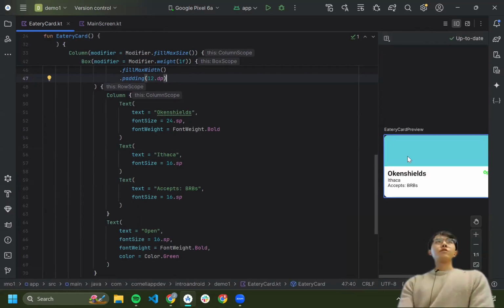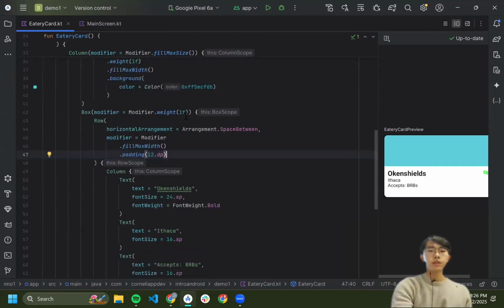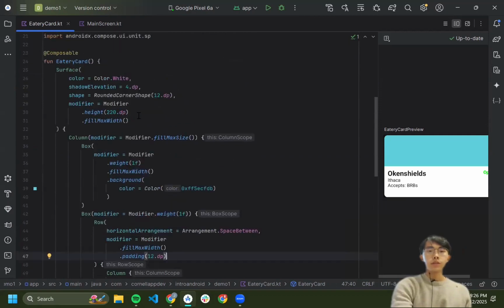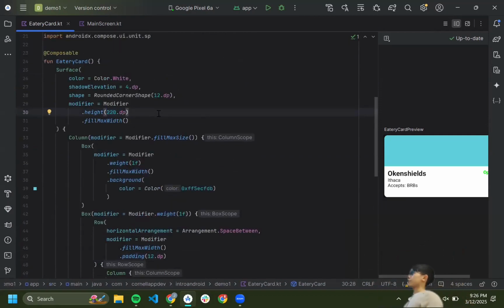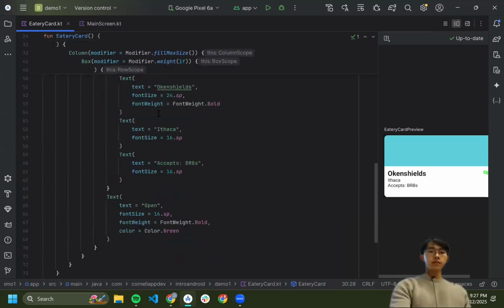It's a fair concern. In actuality, you probably won't want this bottom part to conform to the amount of stuff that's in here. We just kind of hard coded the height here to be like 220. You'd probably want it to be more dynamic, but just for the sake of this demo, that's all we wanted to do. So any other questions about UI stuff we just did?